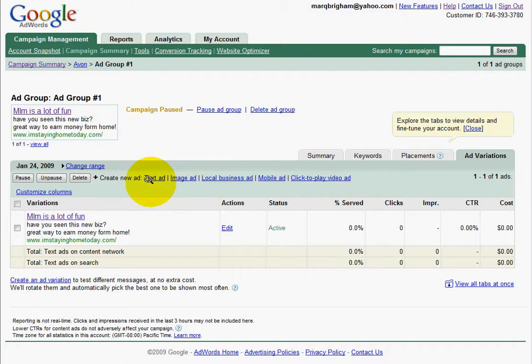And let's say I'm looking at it. And so here's my thing: for right now, I'm going to be marketing to Avon reps. So if an Avon person types in Avon, hits search on Google, then my ad is going to appear somewhere in the sponsored link section. They'll see it. It'll say MLM was a lot of fun. Have you seen this new biz? Great way to earn money from home. Be sure that your ad is